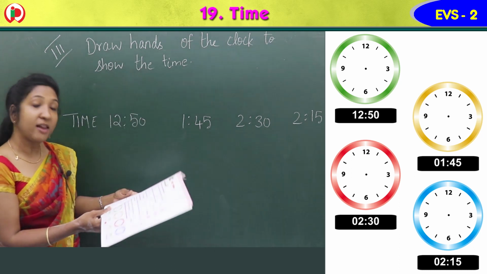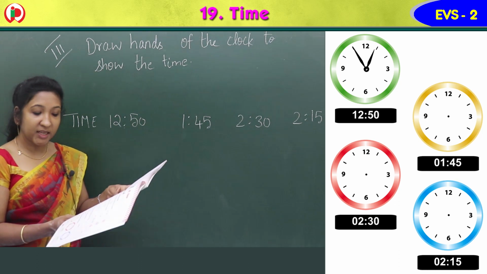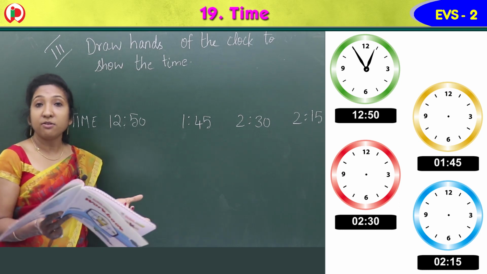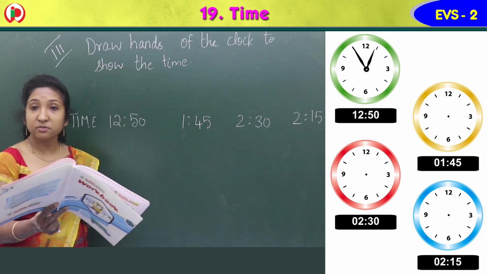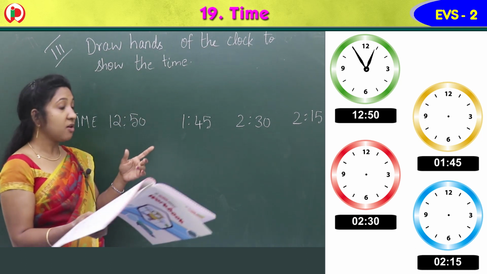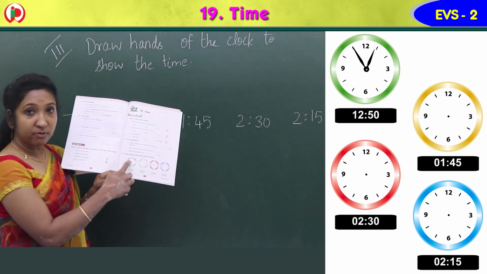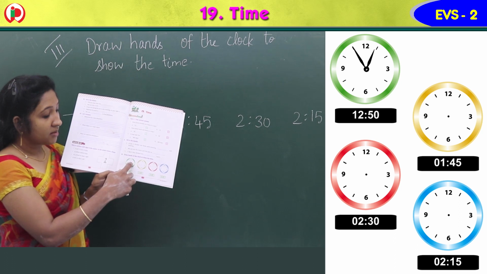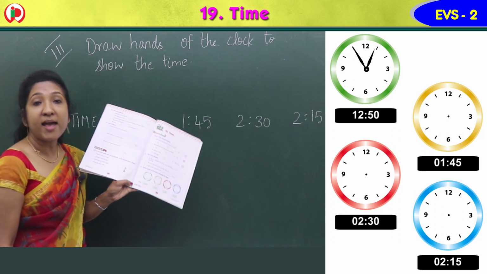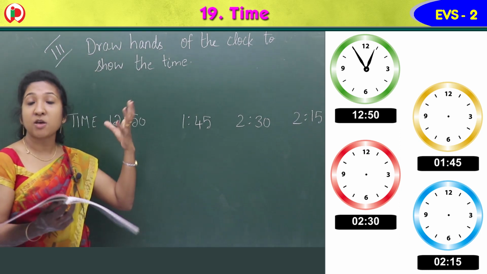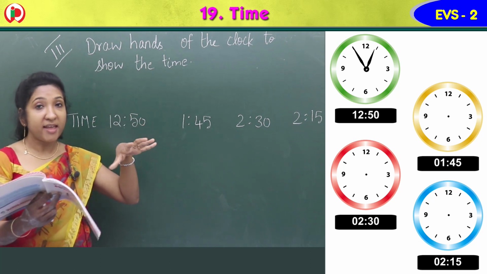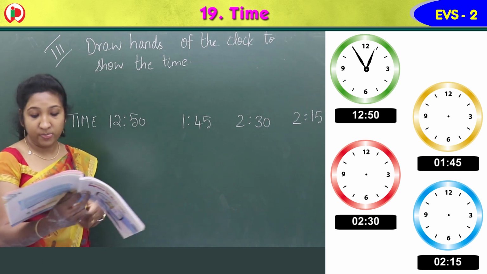So first one is 12:50. How will you draw? The minute hand, the bigger one, shows 50. After 9, 10 is 50. Then the smaller hand you mark on the 12. For 12:50, the hour hand is at 12 and the minute hand at 10 you have to draw. Then